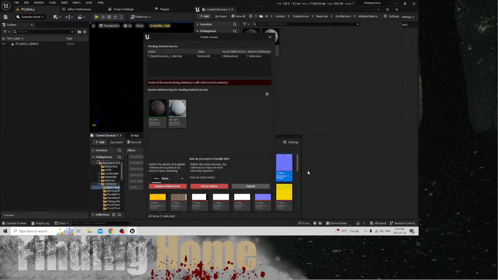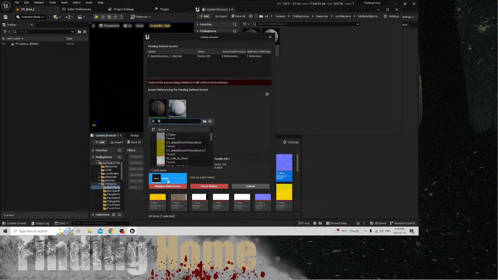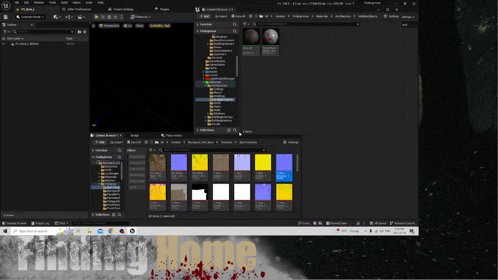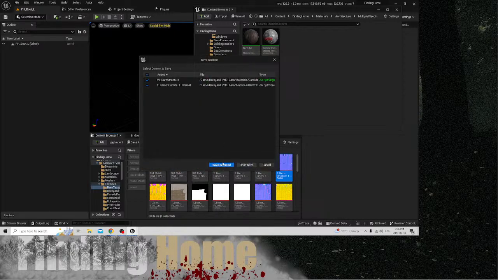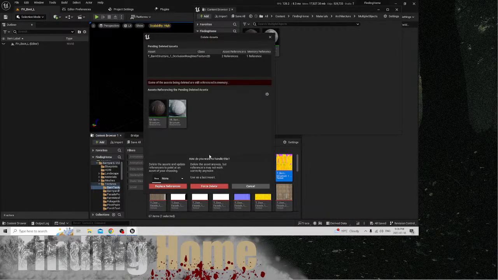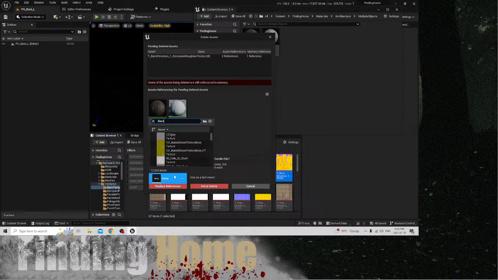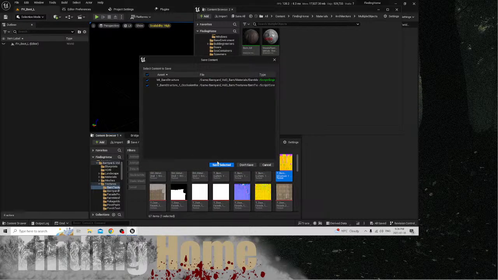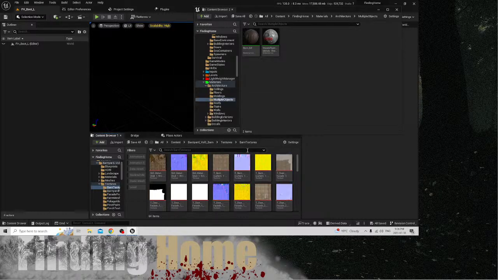Delete this, and we replace with barn underscore normal. Replace. In this one, at least, we delete this, and we do barn underscore mask map. Replace. You can save. And now we could go